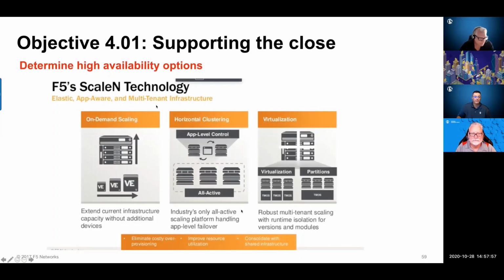Before we do that, think about high availability. We have different ways to provide high availability and failover. With F5, whether it's a virtual edition or a hardware box, you can buy them in pairs. You can do active standby or active failover. But depending on the F5 model, we also have devices from the i5000 and above that can do what's called vCMP, meaning that we can take a physical appliance,